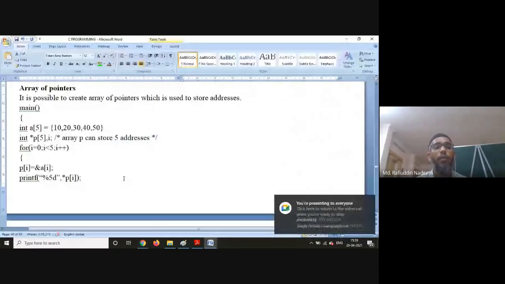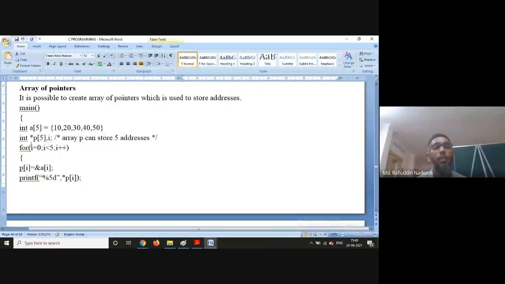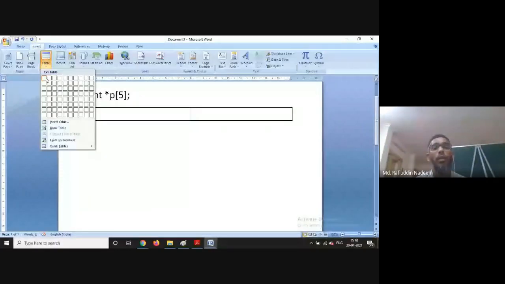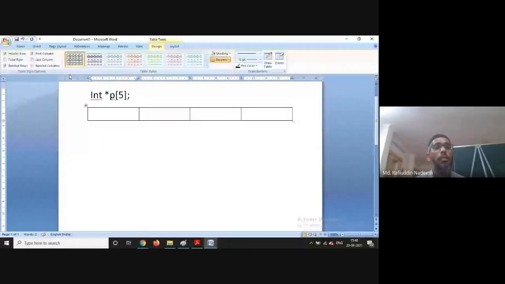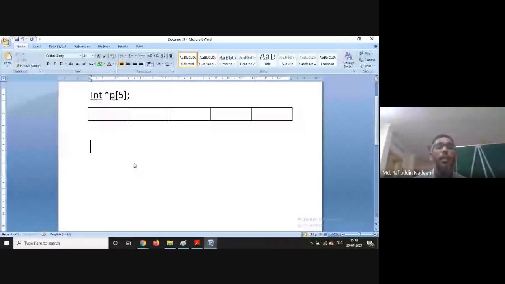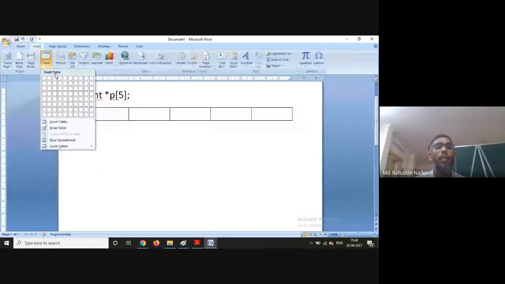Like see here, int a of 5: 10, 20, 30, 40, 50, 5 elements are there. Int star p of 5 can store 5 addresses. So p of 0 is equal to ampersand of a of 0. Now we have an array of size 5 elements, and there is another array which has 5 elements.